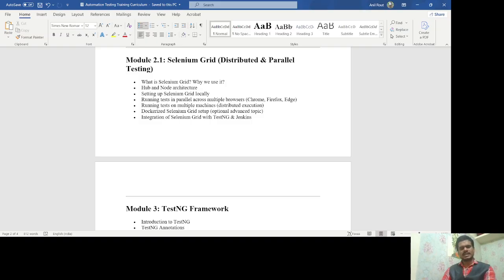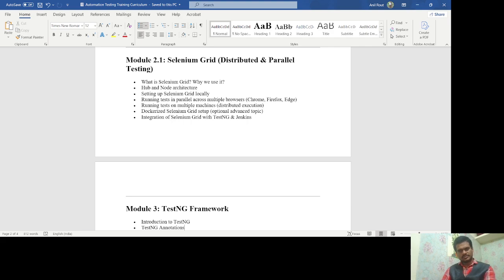You must understand what Selenium Grid is, why we use it, hub and node architecture, setting up Selenium Grid locally, running tests in parallel across multiple browsers, for example Chrome, Firefox, Edge, or multi-browser testing, running tests on multiple machines, distributed execution, and Dockerized Selenium Grid setup. That means running Selenium Grid on Docker,